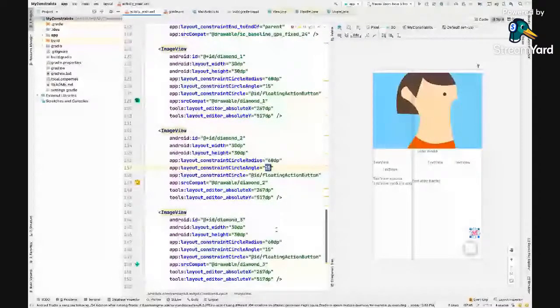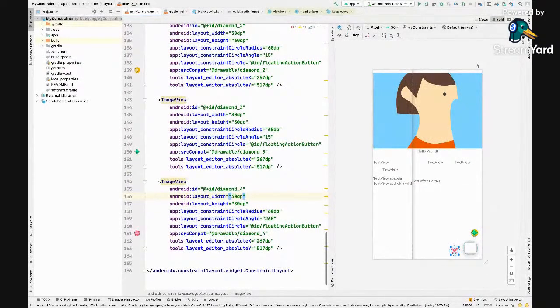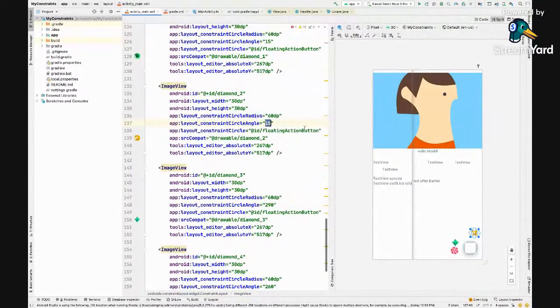The last one will be somewhere around 270 maybe, or 260 or whatever. I put all of them with reference to this one. So 260, I'll take 290 here, 310 here, or 320.